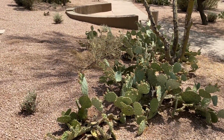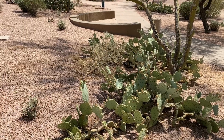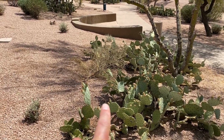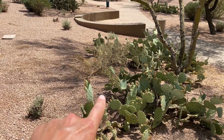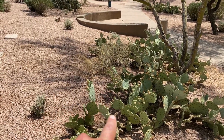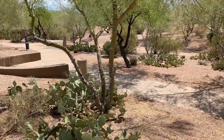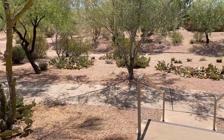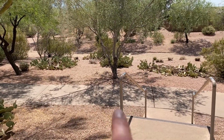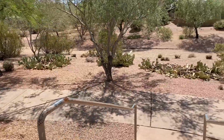I've noticed lots of little burrows around, and I don't know if you can see this guy right in here, right there. It's a little groundhog. There's a rabbit running over there, and I swear I just saw a roadrunner right over here. But the burrows,